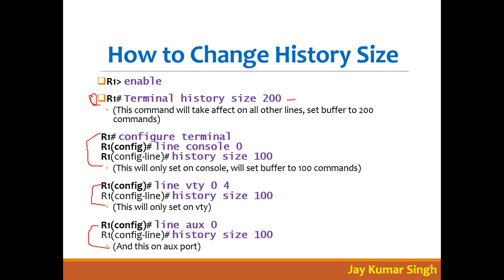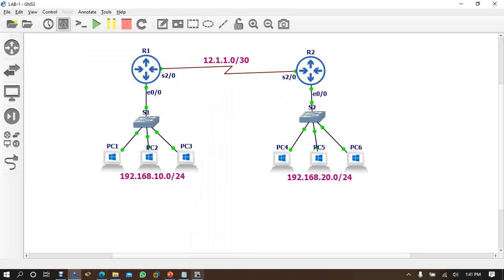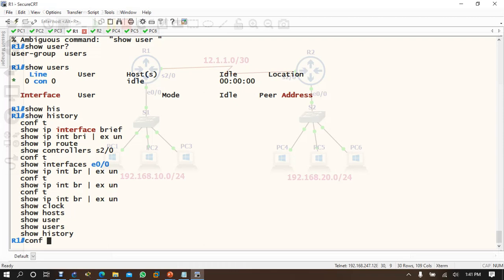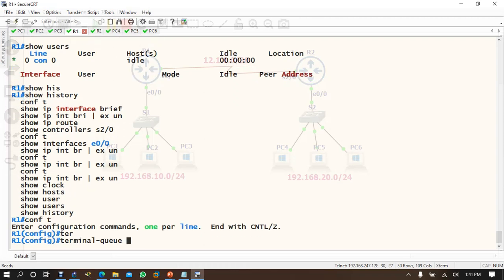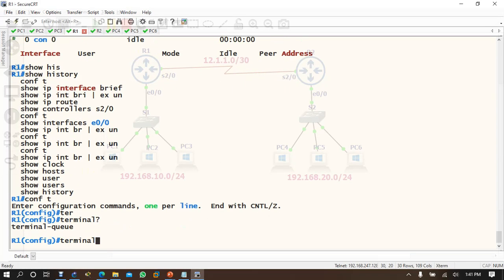But if you want to increase them one by one, you go to each individual line. If you want to increase it for all of them, you write here: conf t, then terminal history size. Why is this option not coming?